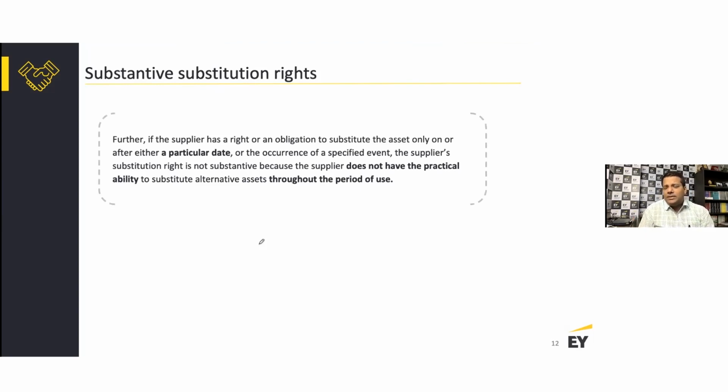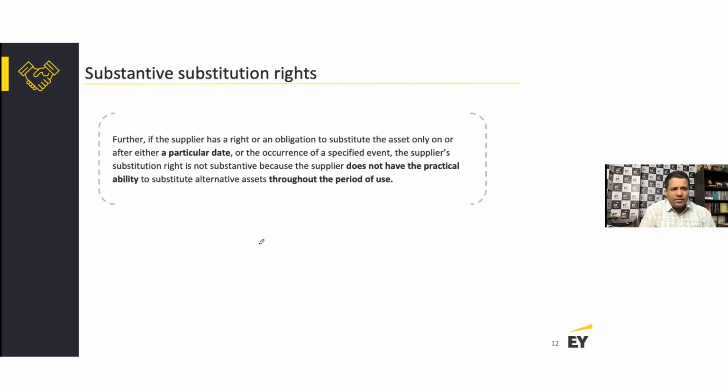The supplier substitution right is not substantive because the supplier does not have the practical ability to substitute alternative assets throughout the period of use. So remember, the requirement is that it has to be throughout the period of use. I should have the practical ability as well as economic business sense for me to replace the assets, right? Now, if that's not the case, but it's only triggered because of specific nuances, specified events, then it is